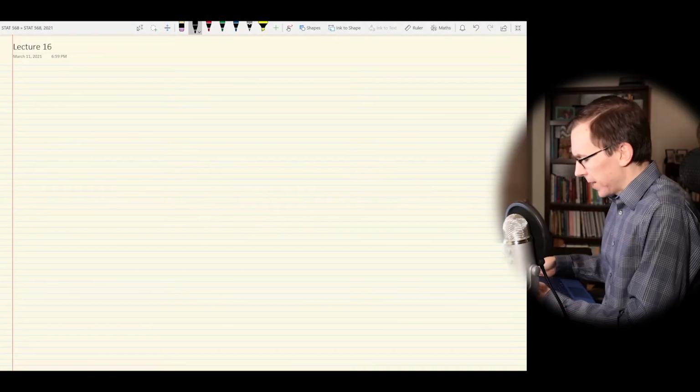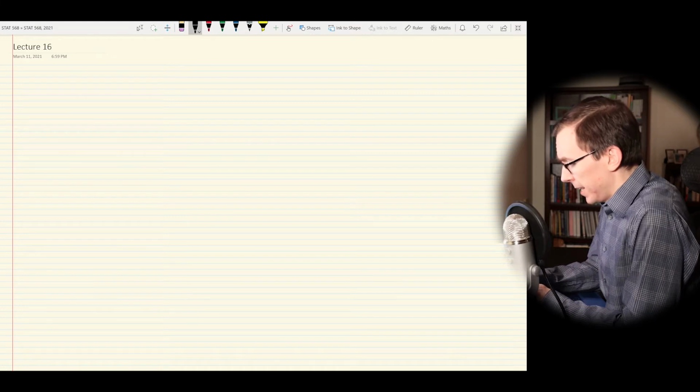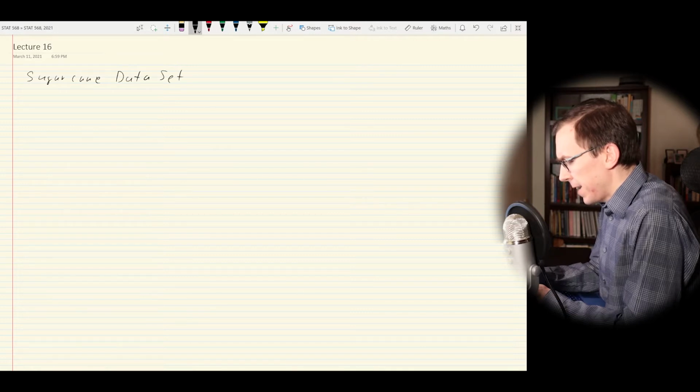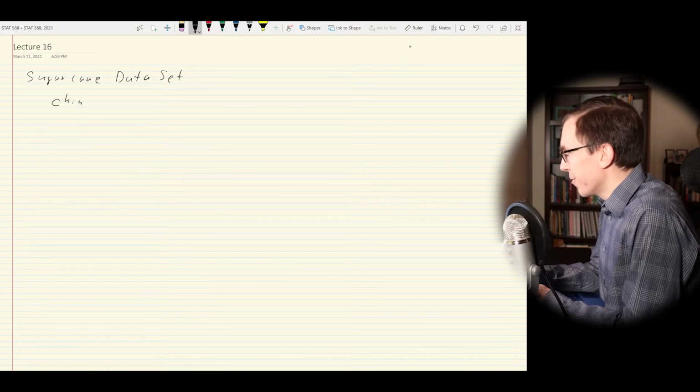So what I'd like to do is spend a little bit of time going through this in more detail on paper, that is on OneNote, and then after that we will conclude our section of 3-level factorial designs. So let's get into the notes. All right, so what we're going to do is discuss that sugarcane data set that we looked at last time, and this can be found, in case you forget, in the